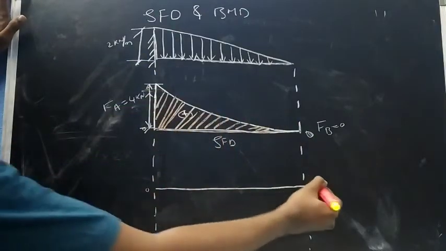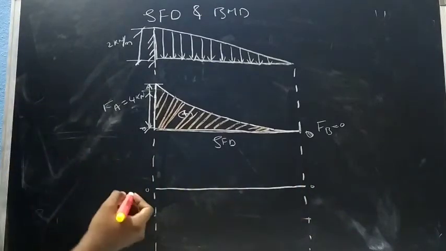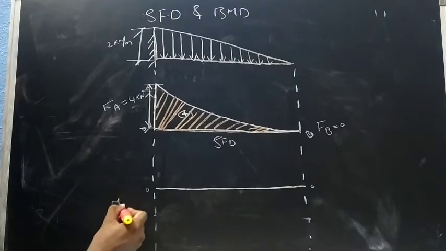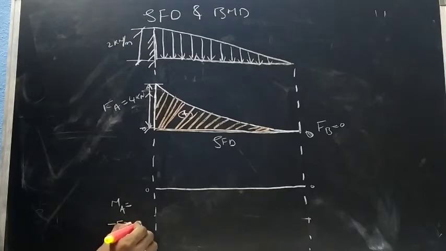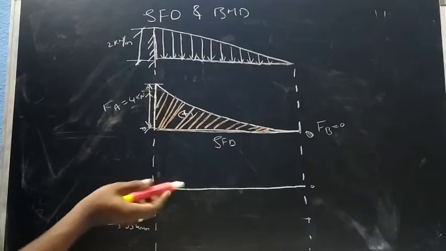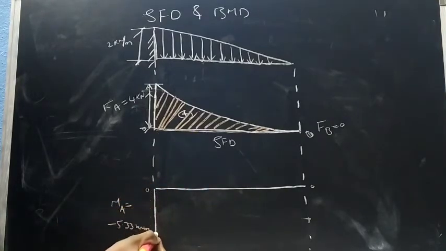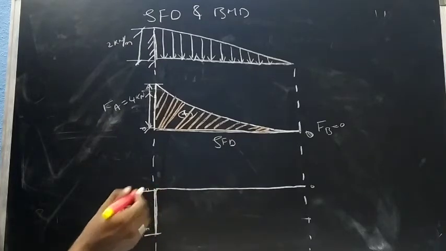So it will be our baseline. So we got MA equals minus 5.33 kilonewton meter. That means it is minus, so it should be below the baseline. I am just dragging this down a certain distance to show 5.33